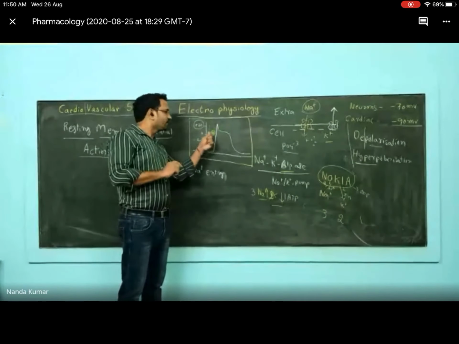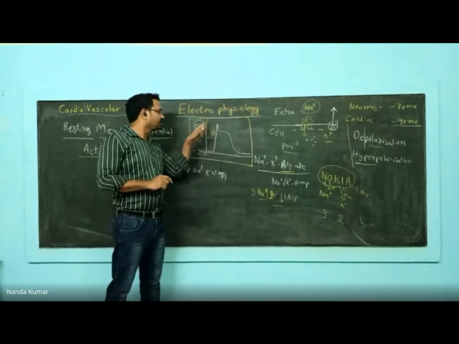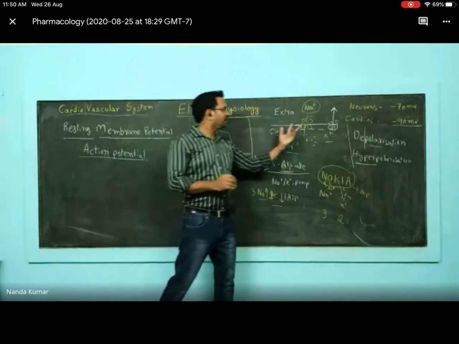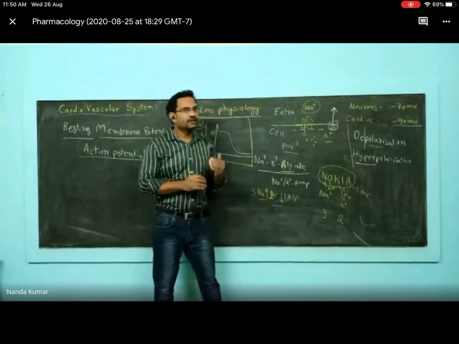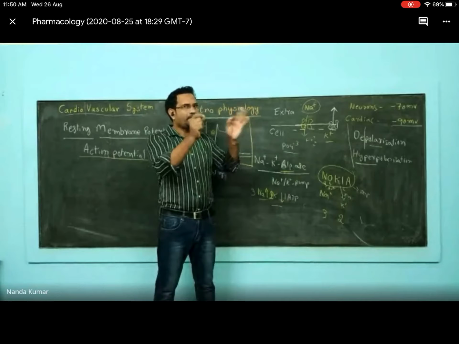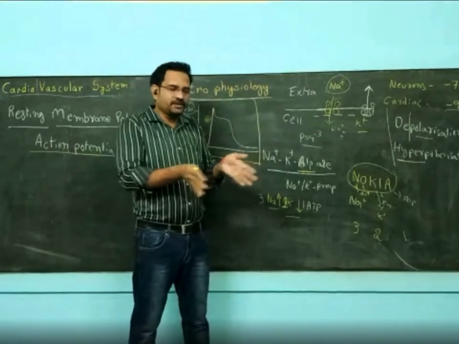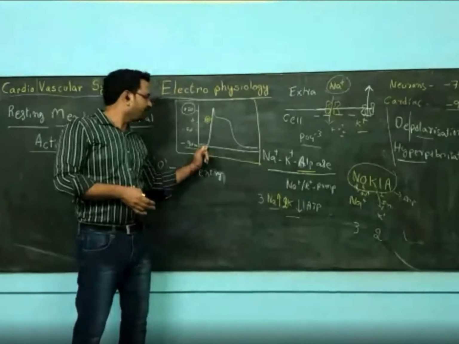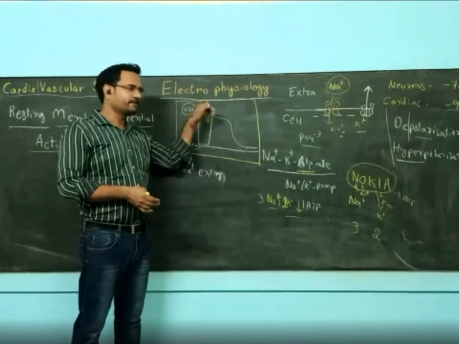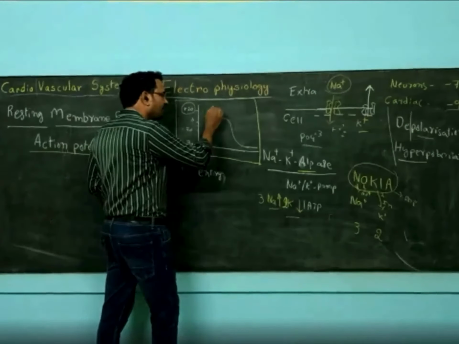The initial phase is known as zero phase and it occurs because of sodium entry. It goes till plus 20 or something like that and then it stops there. Why? After that, immediately sodium channel closes. I told you sodium channel opens for only milliseconds. Millisecond is 10 to the power of minus 3 part of a second, a 1,000th part of a second. It just opens and then closes up. So because of its opening, sodium rushes inside and the potential rises. When it is closed, the potential stops there. Now it is coming down. You can see at this phase, it is slowly moving down.